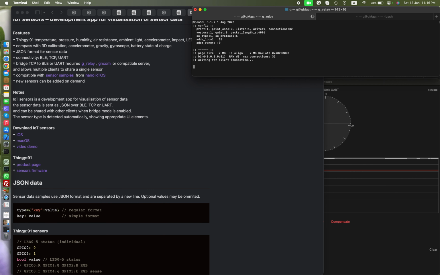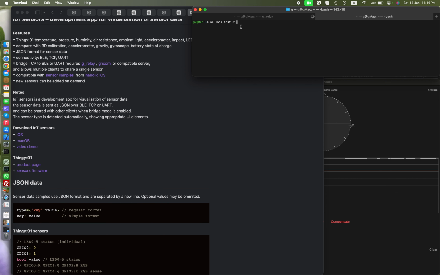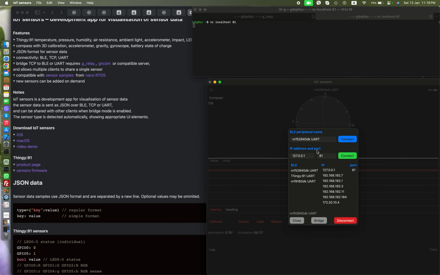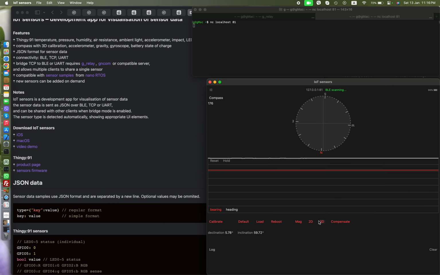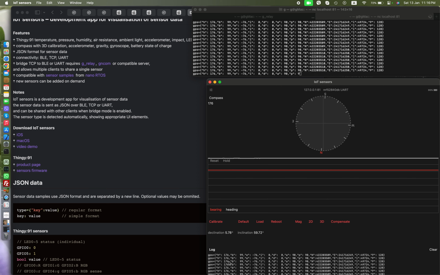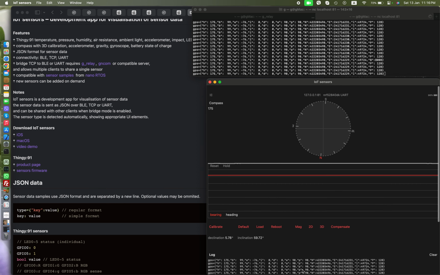I have already downloaded it. I then start it. Also connect Netcat. The default listening port is 81. Then go to IoT sensors, and we can bridge the BLE with TCP, and now we can see the data from our sensors. We can also enable logging, which will print the same messages,